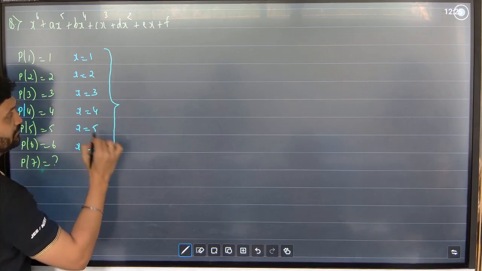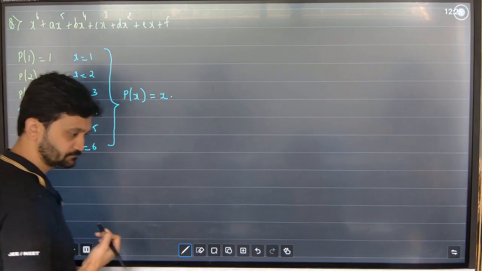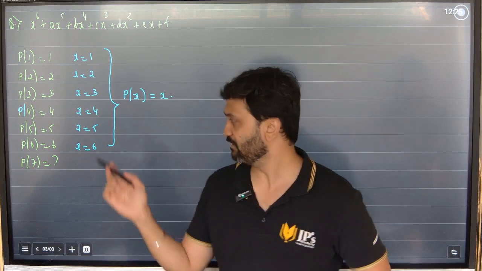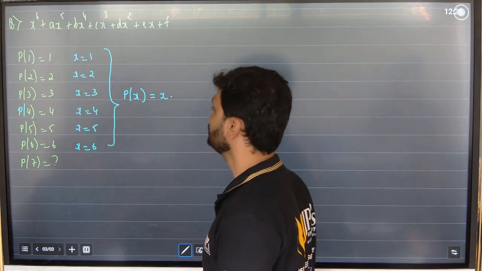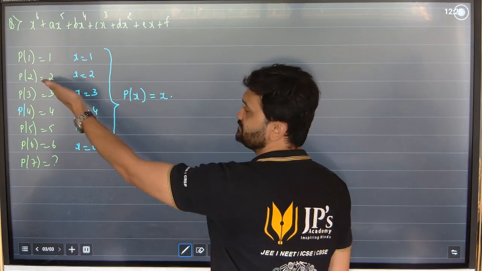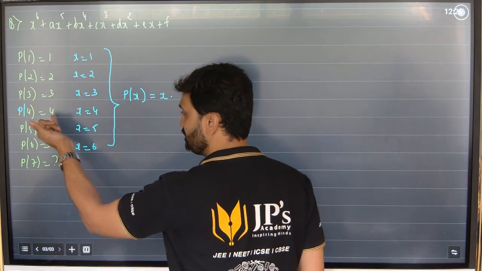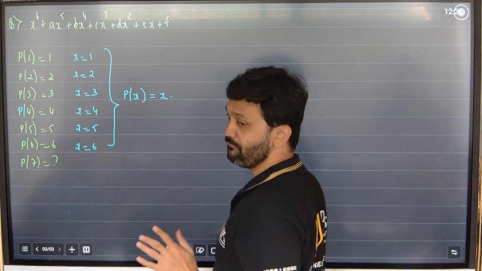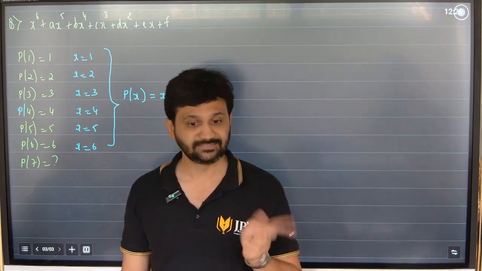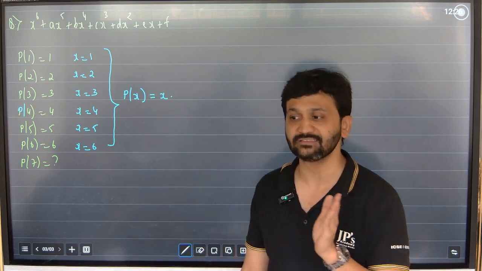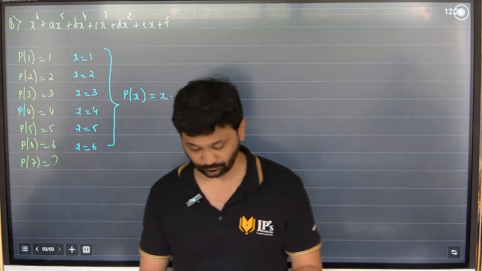If I combine everything, I get a relation that p of x is equal to x. So let's check if this satisfies. If I put x as 1 here, p of 1 will become 1. It satisfies here. If I put x as 2 here, p of 2 is equal to 2. It satisfies here. If I put x value as 3, p of 3 is equal to 3. It satisfies this condition and this condition and this condition and this condition. So now I have formed a relation saying that I can get p of 1 is equal to 1 only when x is equal to 1. It satisfies when x is equal to 2. In other words, p of x is equal to x for the first 6 conditions. The 7th condition, I have to check whether this satisfies or not. Now,